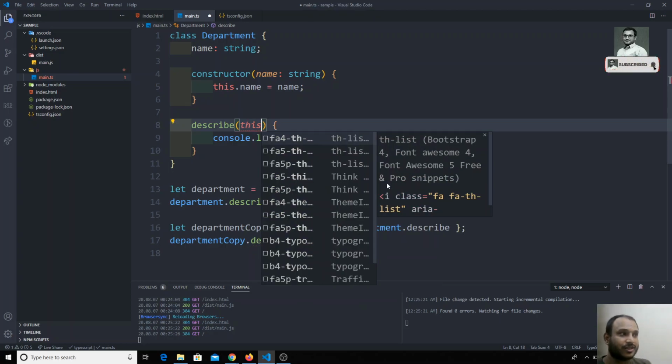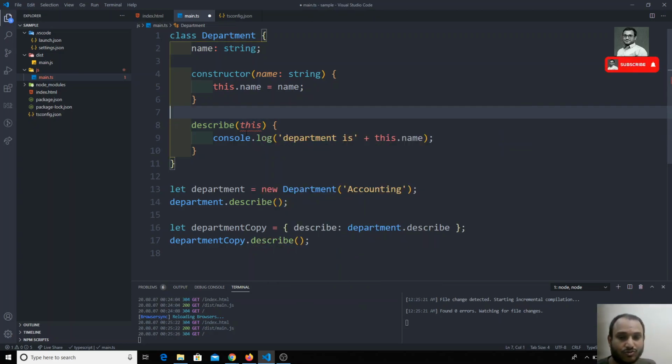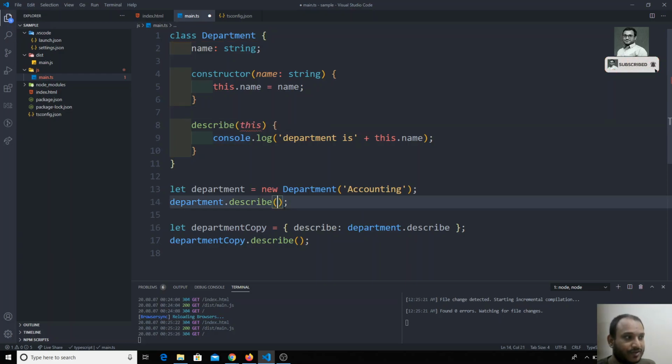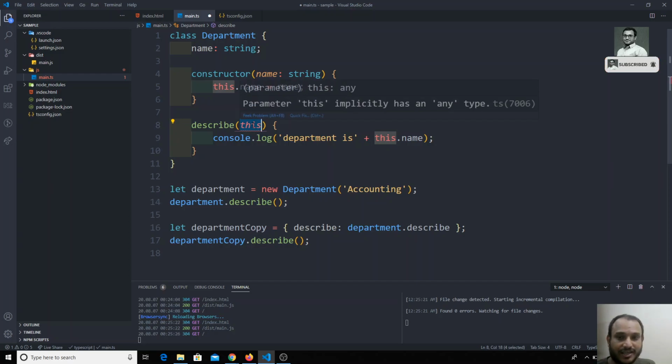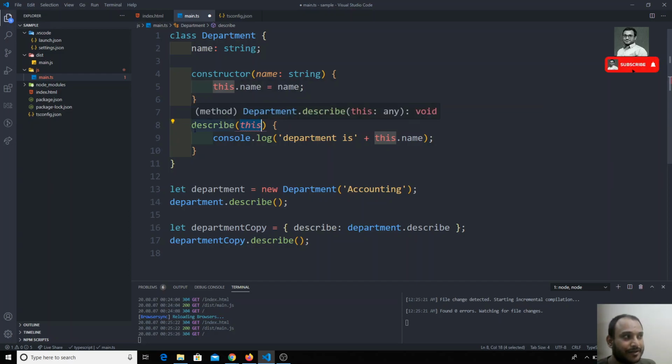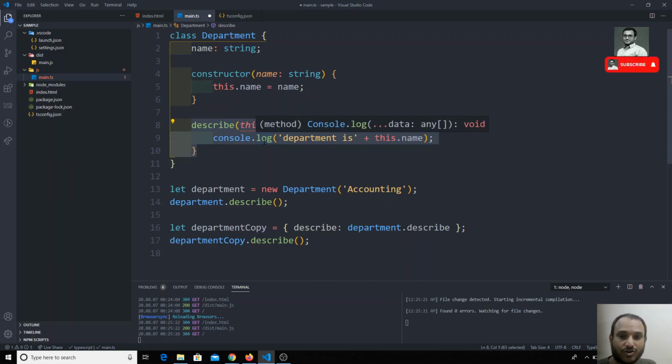There is no need for us to pass this thing to the class. But if you add this here, it is a special keyword, a special syntax in TypeScript. TypeScript will understand that in this object there is a need of this. That means this is used in this function, so that I need to know whatever these things are used here.